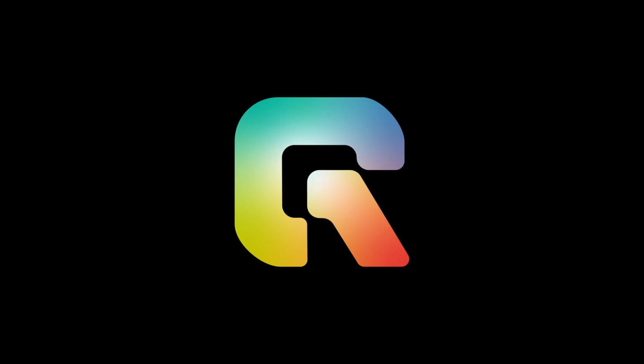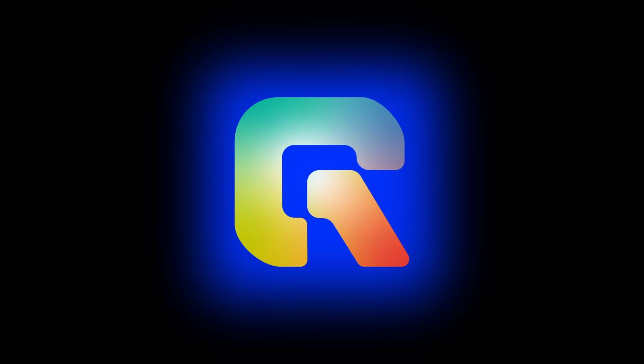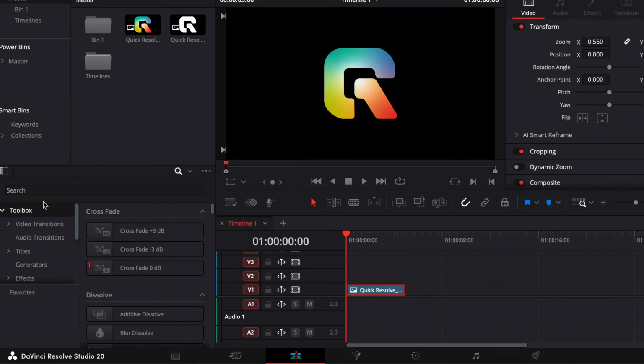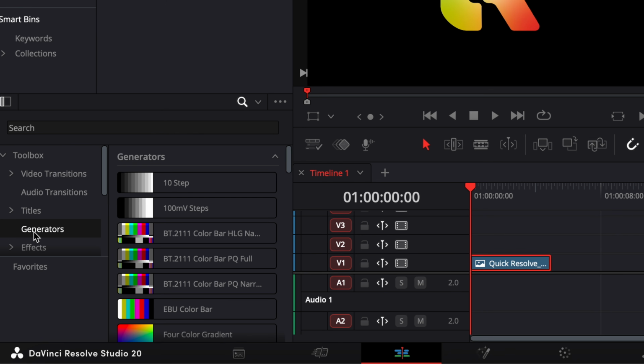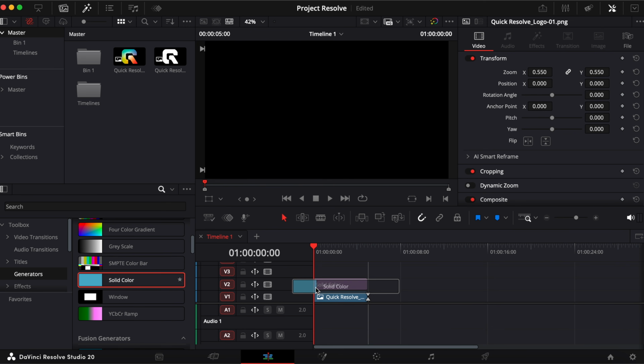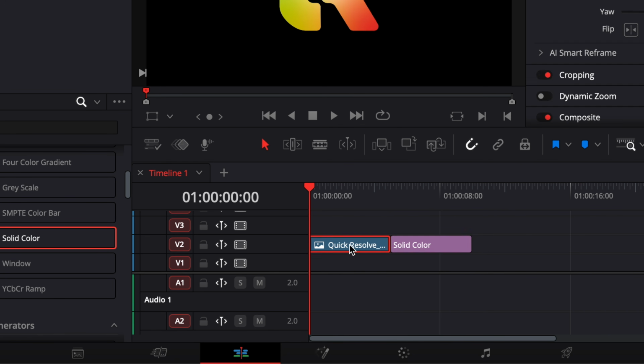In this video, I'll show you how to add a glow effect behind objects in DaVinci Resolve. Let's start by going to the Edit page. In the Effects panel, open the Toolbox and scroll down to Generators. From here, drag the solid color generator onto your timeline, placing it directly under the clip or title you want